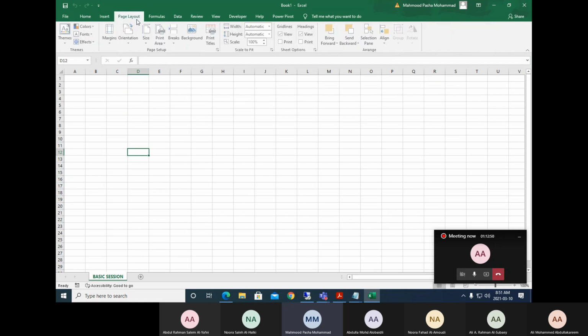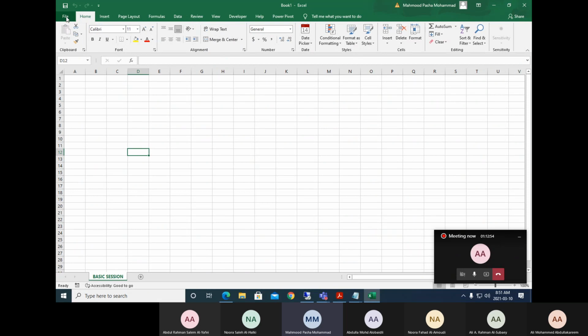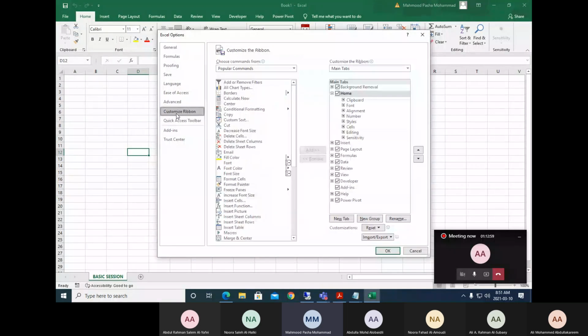Now if you want to search anything, you have to go to each tab to search for that option. Okay, for example, today what you can do, go to Options, Customize Ribbon. I'm creating a tab over here. Like for example, I will use those controls every day. So I want to keep everything in one group or in one tab. I don't want to go into each tab to search for what control I want. That time you will be creating a new tab here. You can see now the new tab has started here.